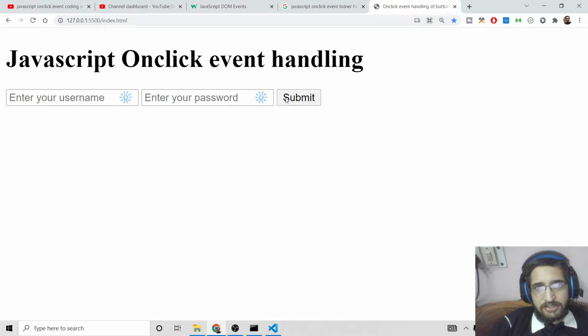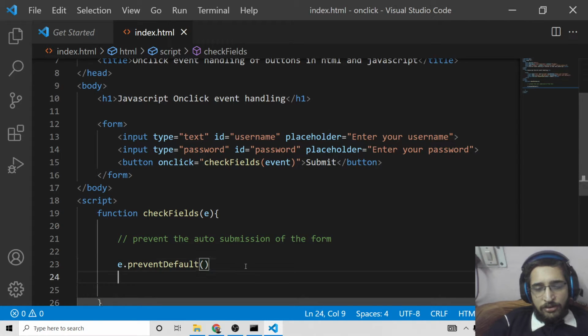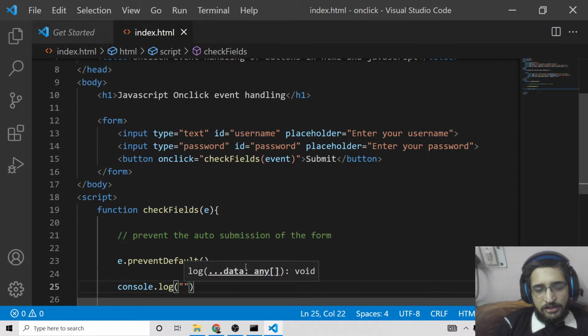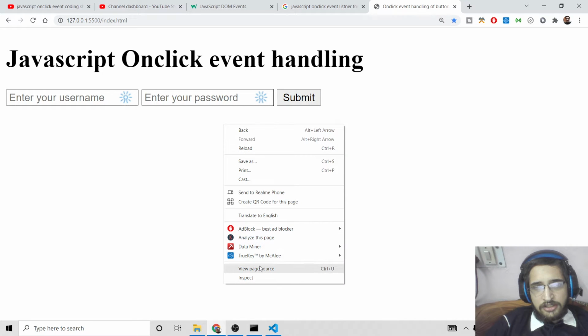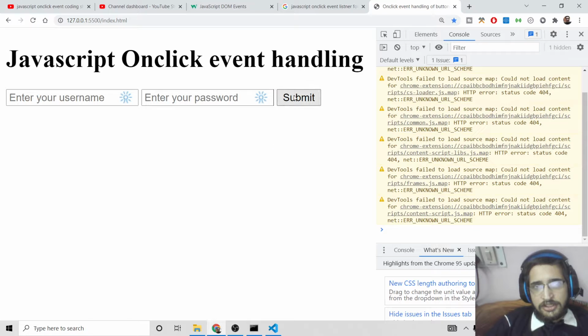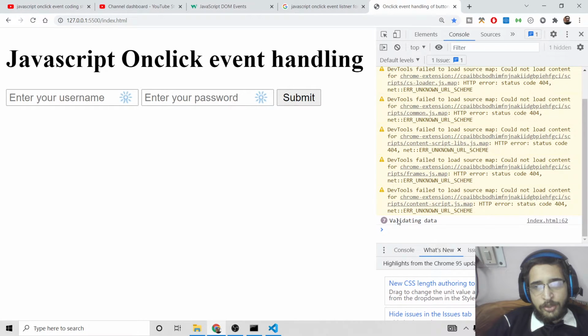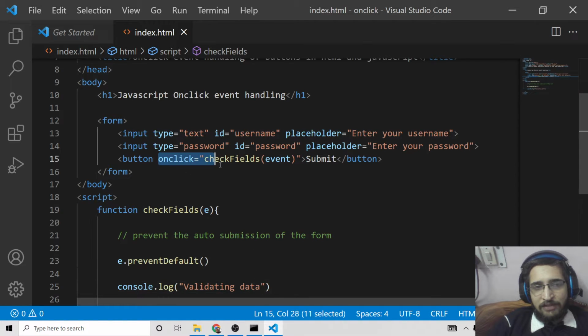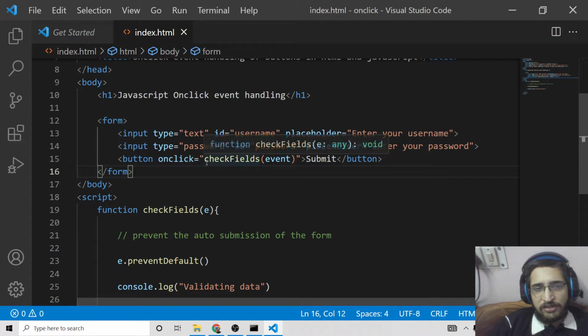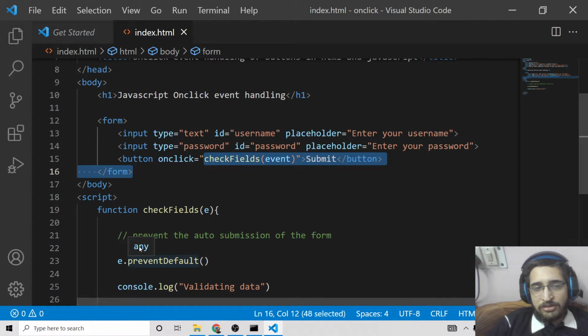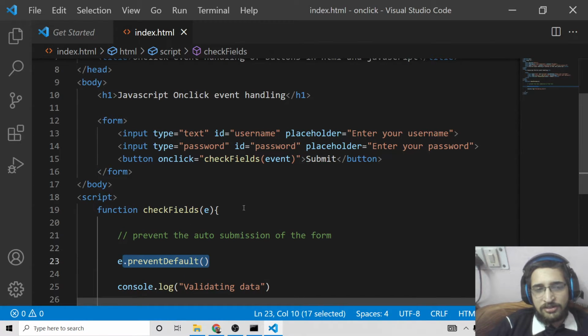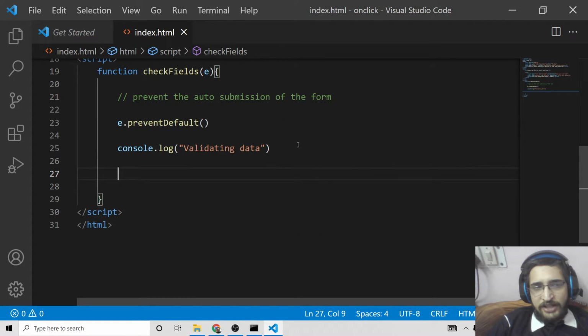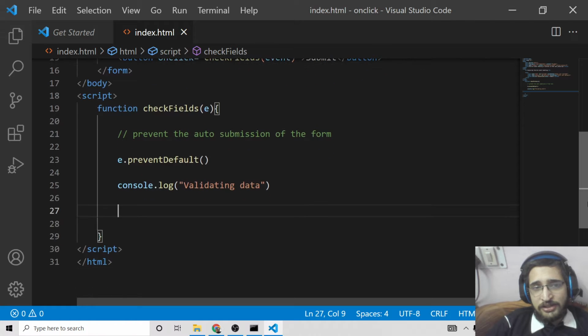So we are applying our custom validation, and I can also cross check that this function is called here. You can see, validating data. Now if I open the console menu here, if I right click, inspect element, go to console, and click submit here, you will see it is now console logging this validating data. This is proof that we have attached this on click event handler and it is calling this function, which is checkFields, and it is validating the data. It is just preventing the auto submission of the form and then calling this custom function. Now inside this, we can validate our data as well.